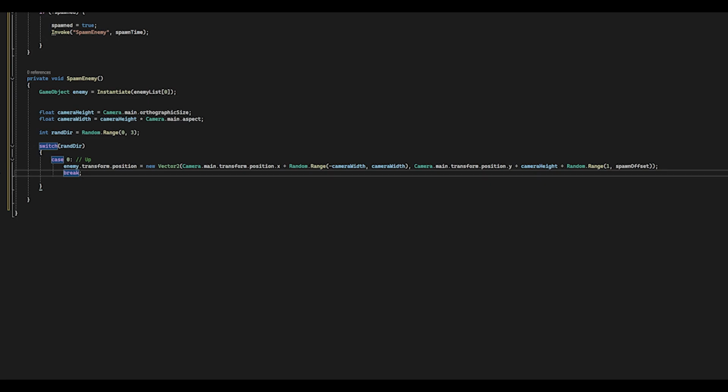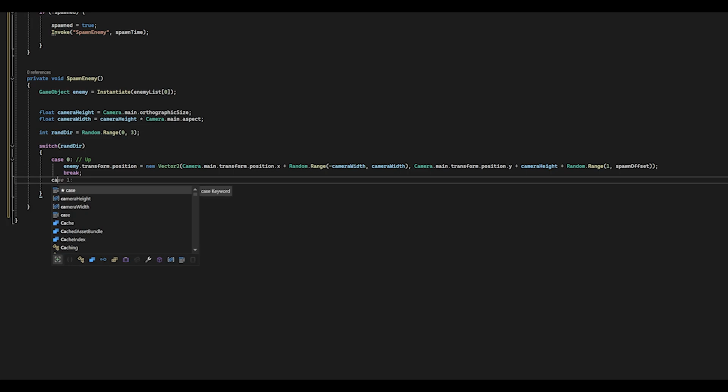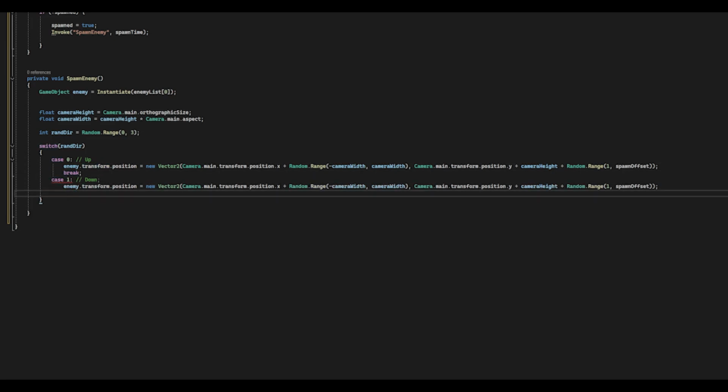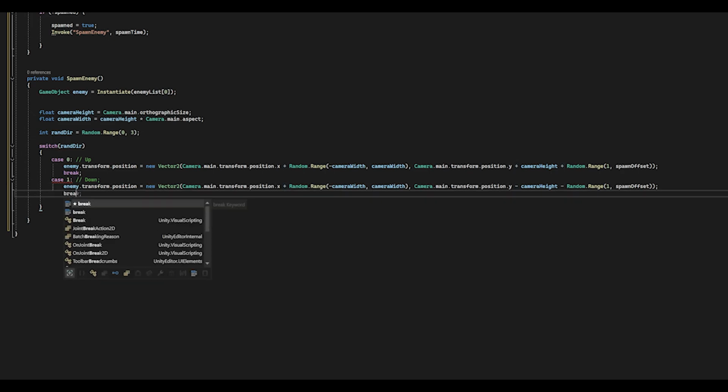It's a big chunk of code, but we only have to really repeat it once, because now we can just do case 1. This will be down. We can copy the line we just did, put it here. All we have to change now is a plus sign to a minus sign at camera height, and also at the random range for camera height. Down the break,